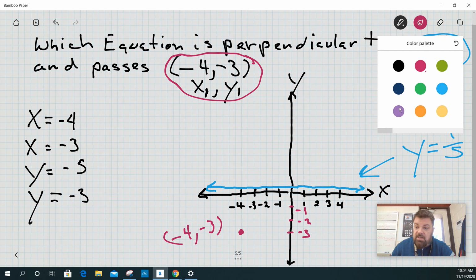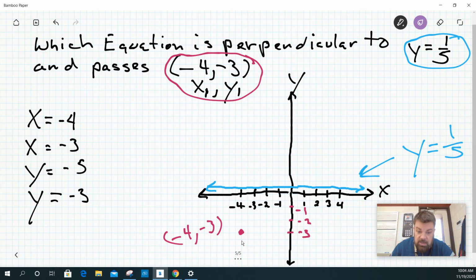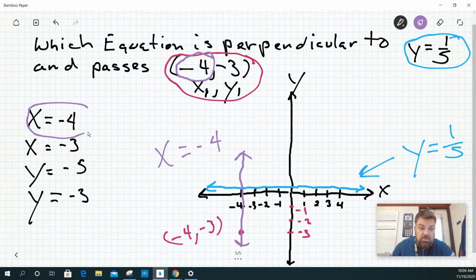So then lastly, we're almost done. I'm going to draw a line that goes through here, as best I can, and that is just going to be x equals -4, okay? Which I could have figured out by this, but I wanted to show you guys the visual. So the answer is actually x equals -4, because in order for it to be